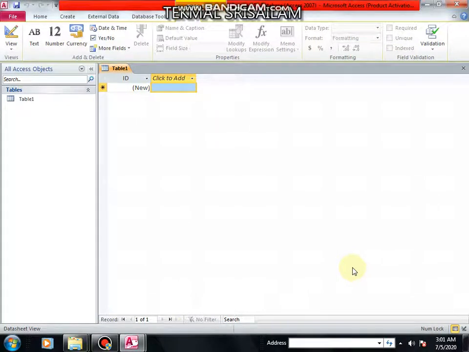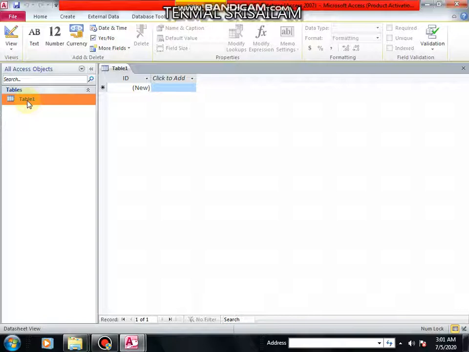Automatically it displays the complete view of MS Access, in which you have a default table called Table 1 without any fields. In MS Access, columns are referred to as fields, and rows are referred to as records.